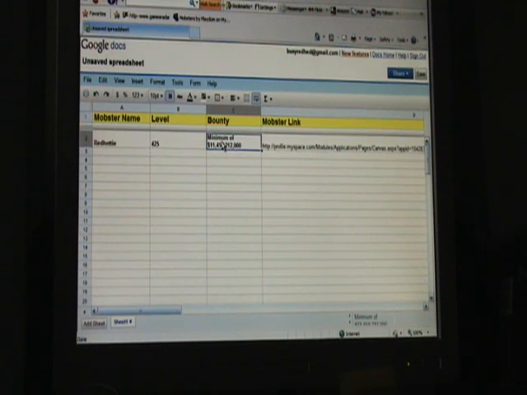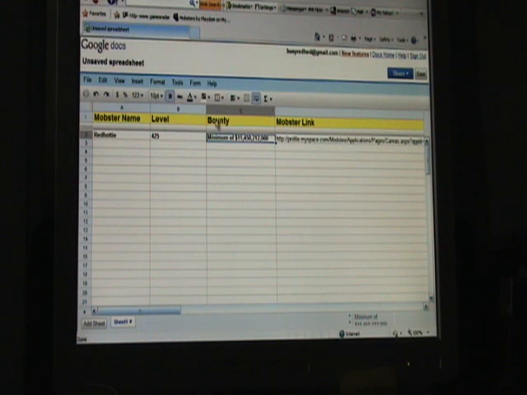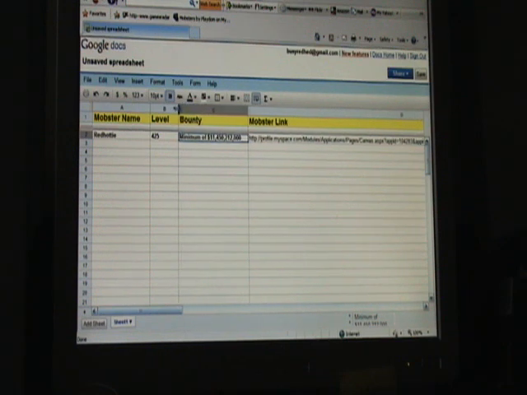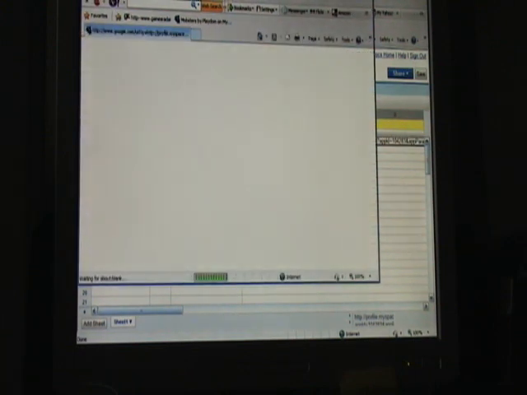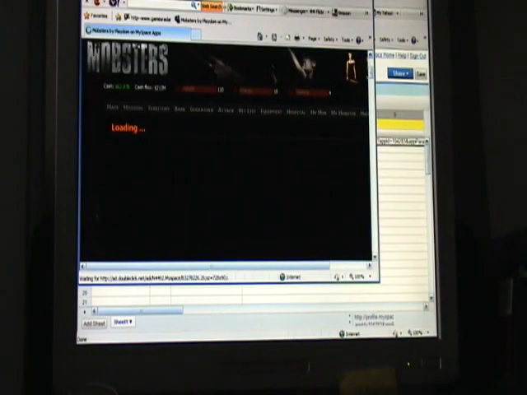And see how it comes up with the dollar amount and everything? Now see, that doesn't look right. It's too long. So what I'm going to do is widen the bounty column. And I don't need a huge level column, so I'm going to grab it up here and make that smaller. So now we've made our titles bigger. We've bolded our fields, except for the link. Because if I bold the link, it's going to be really huge. So I've left that plain, and now we have a valid link to click and open the web page for the Mobster. So now it's going to open that for me. Okay, so